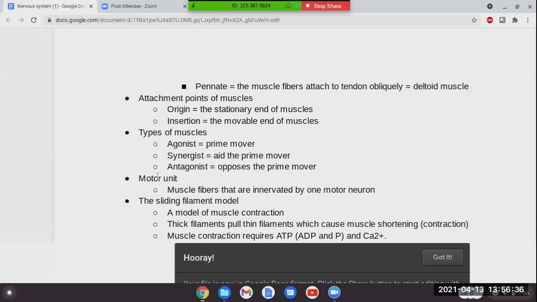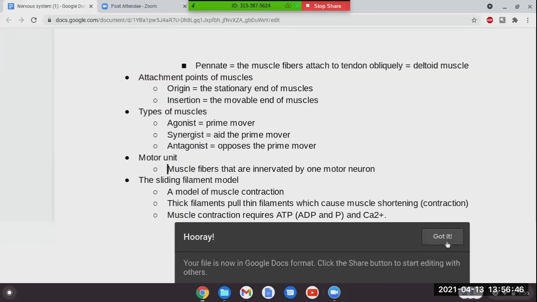Okay, attachment points of muscles. Muscles have two endpoints. Okay, come on, I got it. Okay, the origin is the stationary end of... I got it, but for some reason it's not going away. I think my